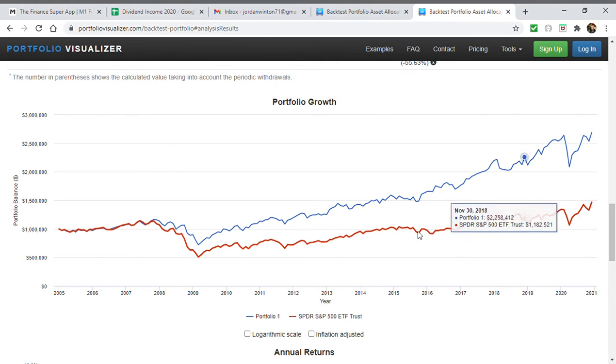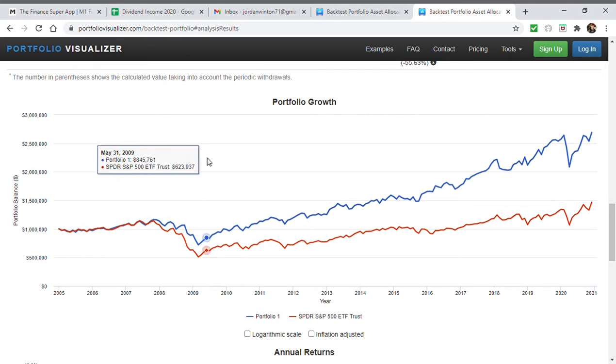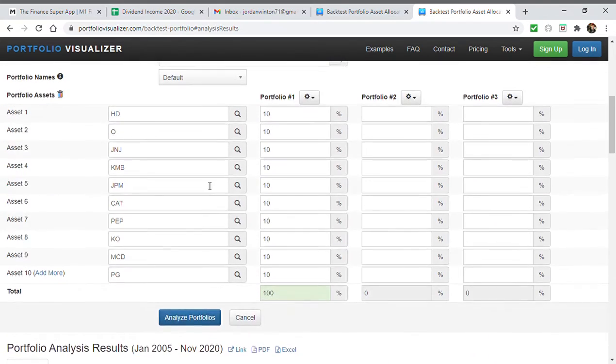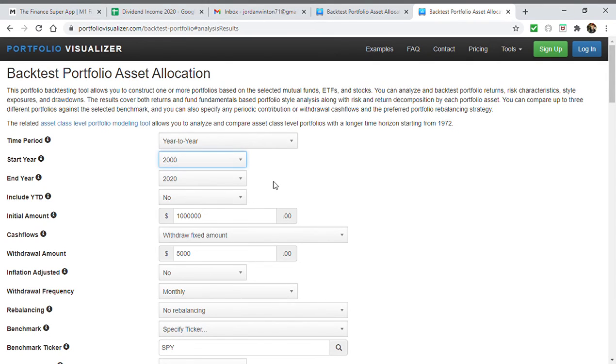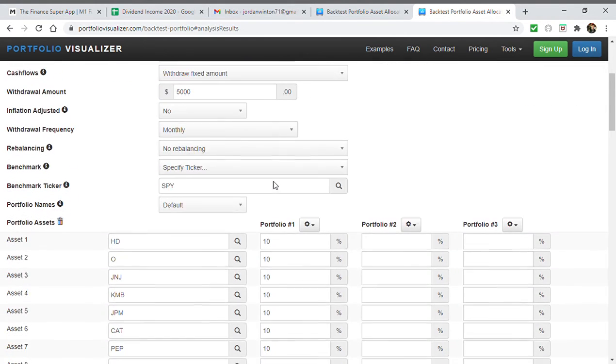You're still safe, but things got a little hairy here at the bottom of 2009. Now let's go ahead and look at the example with 2000. This is where things get interesting. So this is why I recommend saving up an additional year's worth of expenses, and this is why this is so key, and this will demonstrate this perfectly.